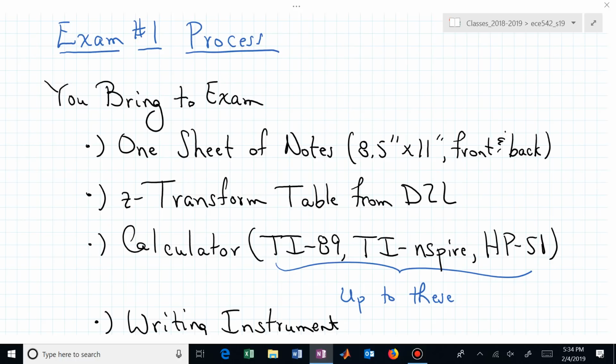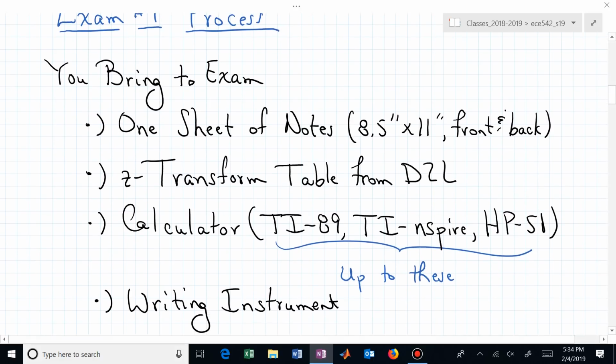Exam number 1, in terms of getting ready for that, what you need to bring to the exam is 1 sheet of your own notes, and that can be on the front and back of 1 sheet of paper, 8.5 by 11. You should bring in a z-transform table, and there's one on the D2L website, the course website. Calculator,